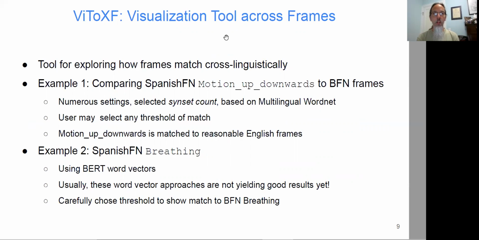Finally, we produced a tool, ViToXF, that aims to quantify how related and how comparable frames are across languages. So I give you two examples here. One of them is an example where there's a frame in Spanish FrameNet, motion up downwards, that is not present in English. And the question is, can this tool match to the clearly most relevant English frame, which is motion